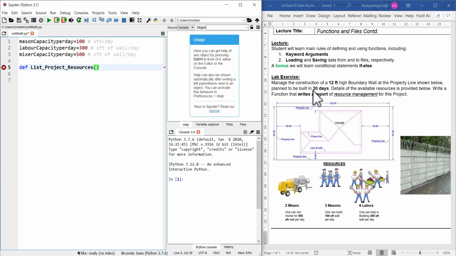So because the wish of the owner is to finish the project in 30 days, we need to check in our function whether we have the resources that can work for 30 days or not. So the duration is one important thing that we need to take here as an input. So let me write duration of the project, of course,